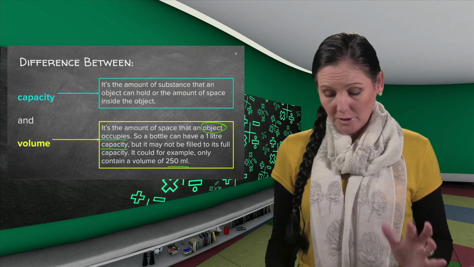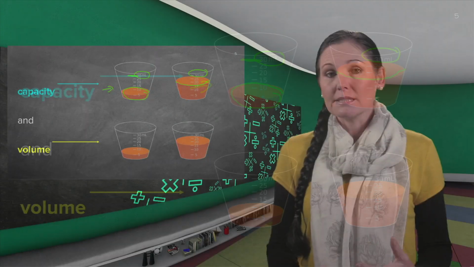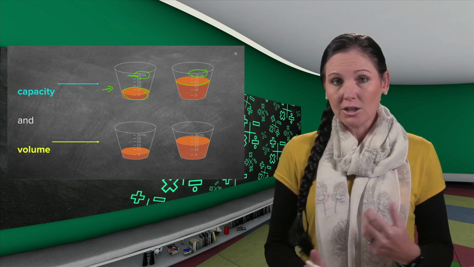Because I'm going to show you here, I give you nice examples. When you look at capacity, what do you think is the capacity of the first glass? It's 30 milliliters. They gave it to us, 30 milliliters. Doesn't matter if it's filled up to there. The space inside that container will always be 30 milliliters. Here I want to show you, they filled it up to there. But what is the capacity? It is 30 milliliters. So it doesn't matter how much I've used in the container. It will stay a 30 milliliter container.